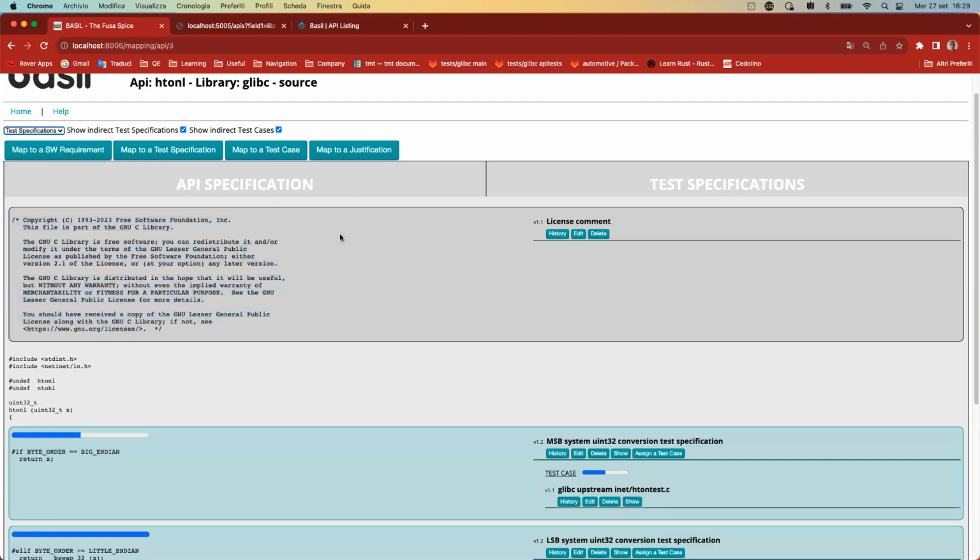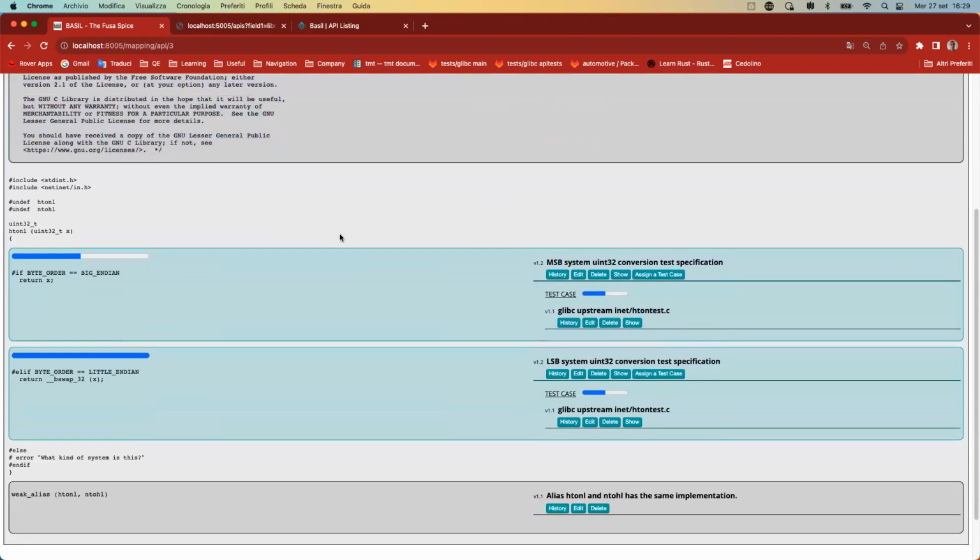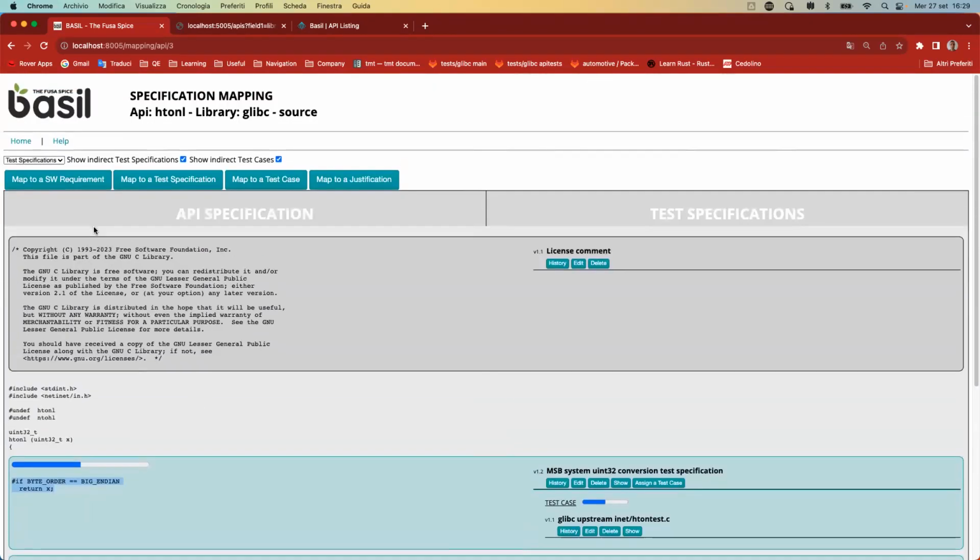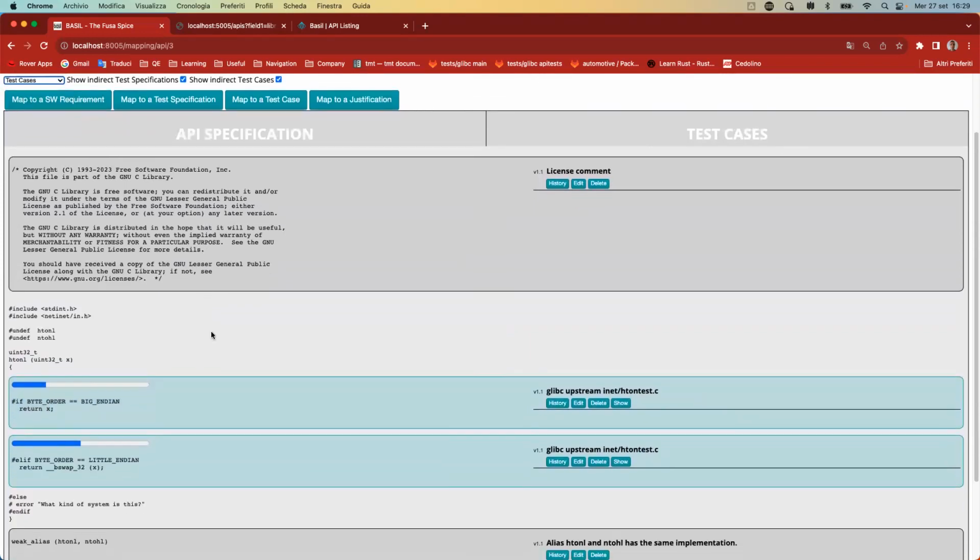So if we go in the test specification view, we can see that I have a test specification for this branch of the if of the implementation, and a test that is covering this section. And we have another test specification covering this section. So if I go into the test case view, I will see only test cases mapping the same thing. So what I want to highlight here is that this way we can highlight a piece of the code that